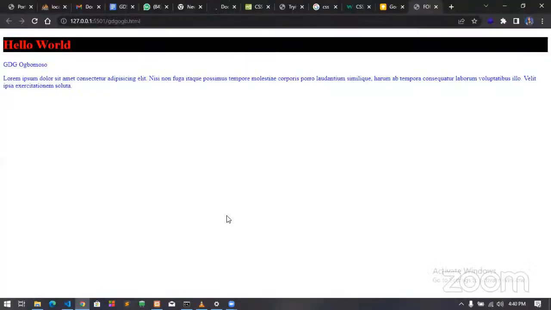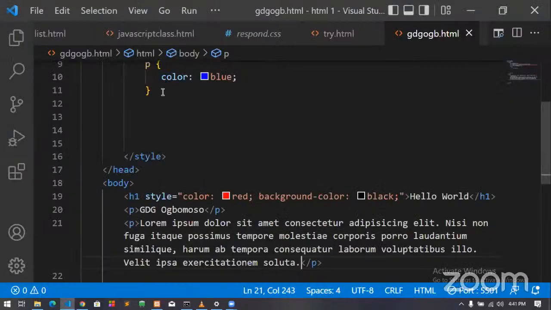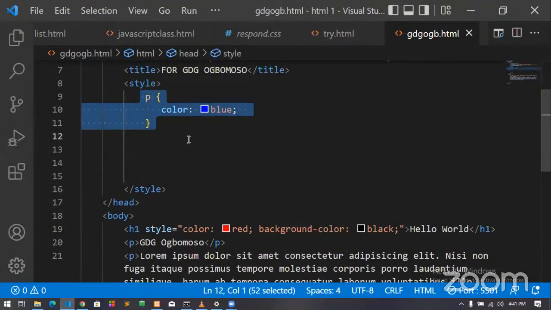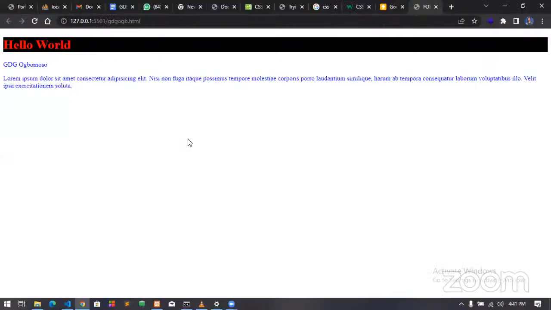That's one of the side effects of using name selector. If I have like 100 P tags in my document and they're carrying different content, even though I want different colors for them, since I'm doing a global name selector here, everything automatically has that color.